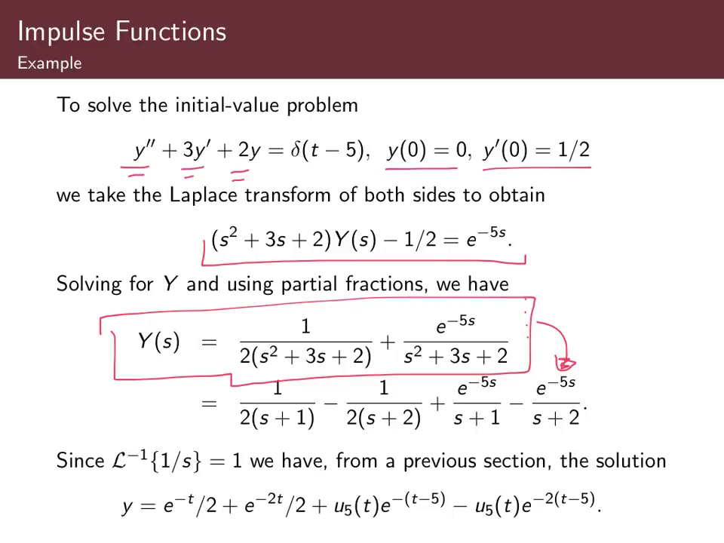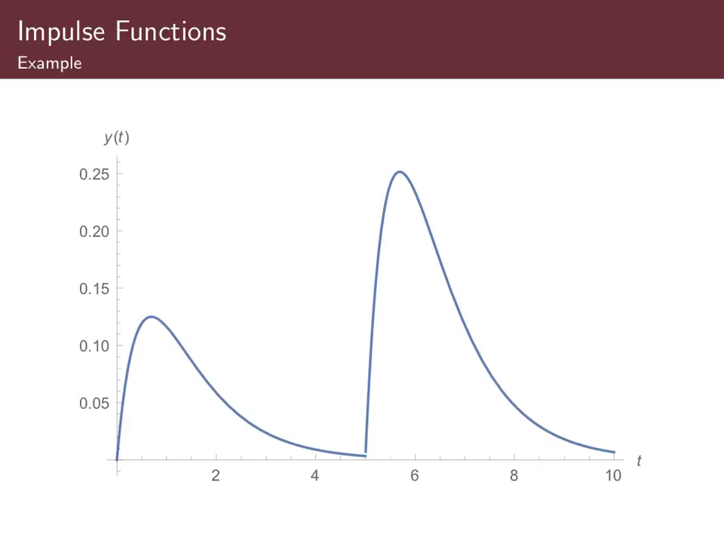Since the inverse Laplace transform of 1 over s is 1, we have from the previous section, since these guys are just translations of 1 over s, and e to the minus 5s is just going to take the inverse Laplace transform and shift it over 5 units, we have the solution here. Okay. And if we look at what the solution is doing here, here's the sort of initial phase,